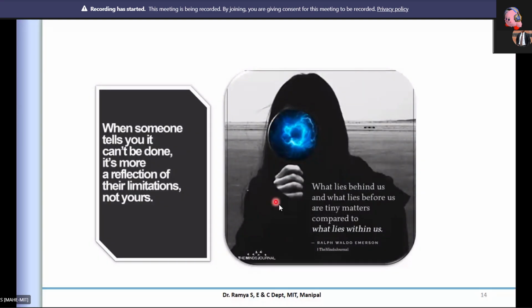And this is a very powerful statement I liked also: What lies behind us and what lies before us are tiny matters compared to what lies within us. Please give time to yourself and think about this, and you can achieve more success. I wish all of you do best in your life. So with this thought process, we'll go ahead in our class.